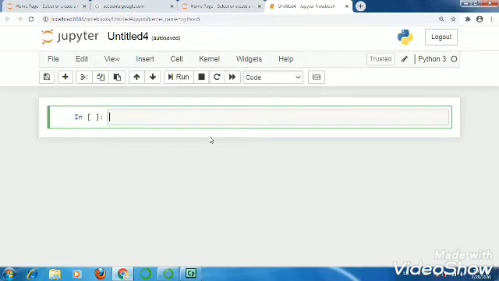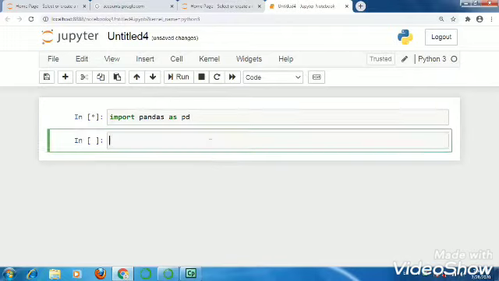Okay children, this is our Jupyter notebook. Now let's see how to create a data frame. For creation of a data frame, first we import the library pandas, and the alias I have given is pd. Now pandas is imported in our notebook.